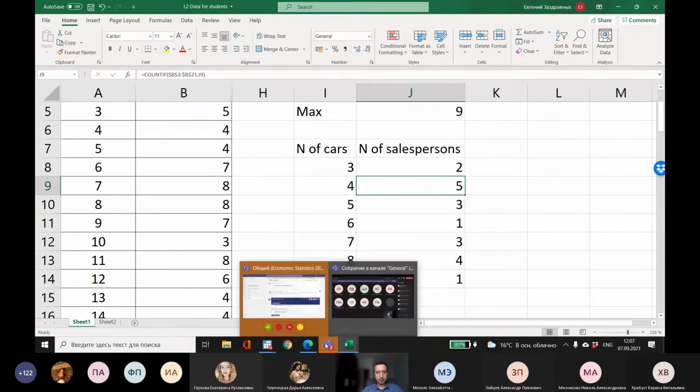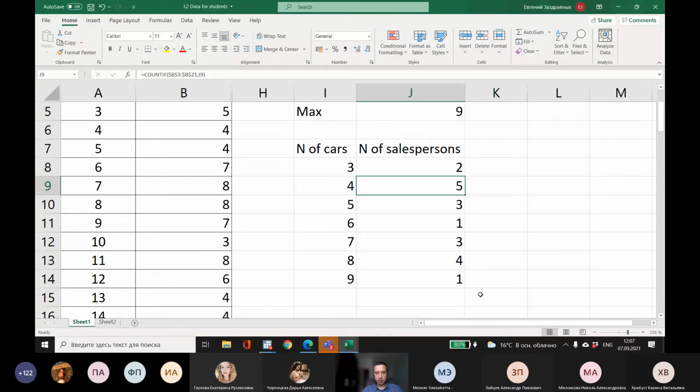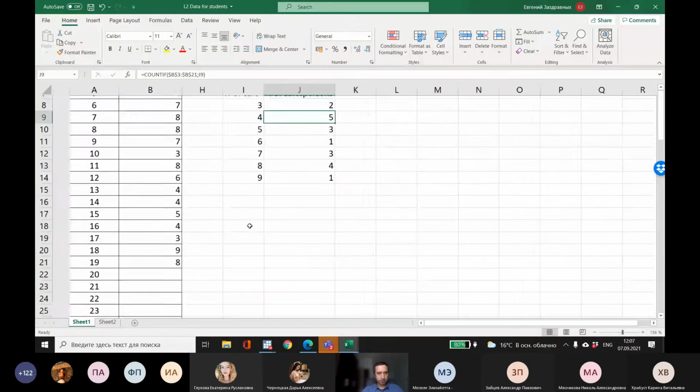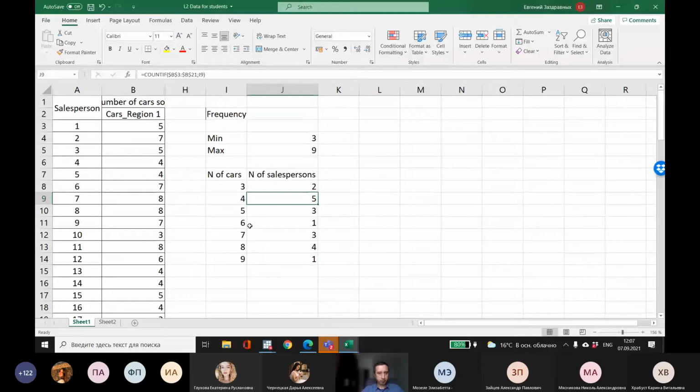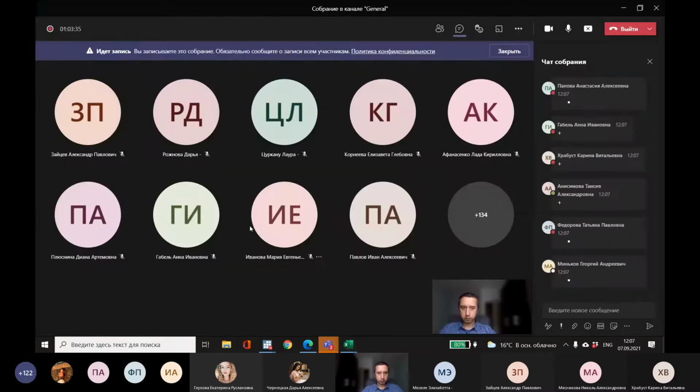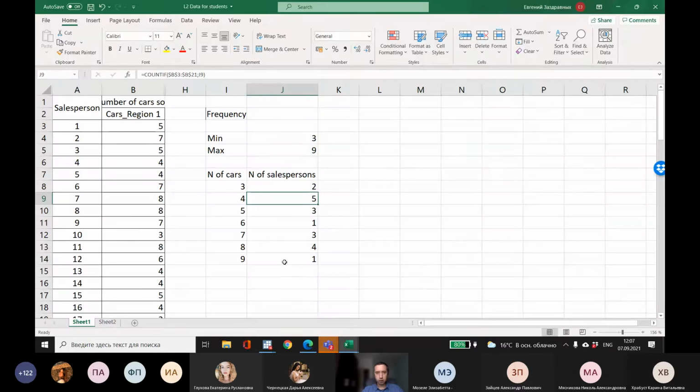Do you have the same output? Type plus. Good. Next, it is a simple frequency distribution chart. But we can apply such a tool when we analyze a single variable. But if you want to compare two regions, for example,